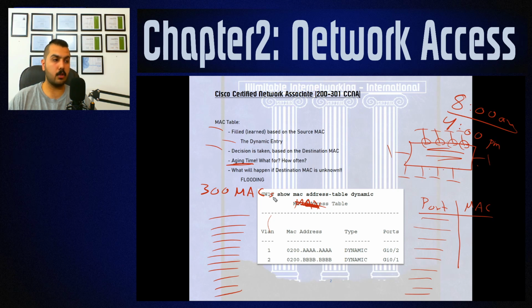Just like we talked about in chapter 1, they have random access memory, a processor, a hard disk drive, and flash memory. You will also get to know something called the NVRAM in the switches and routers, the Cisco device components. So when you exceed 300 MACs, maybe you will reach 500 or 1000 MACs, the memory will be